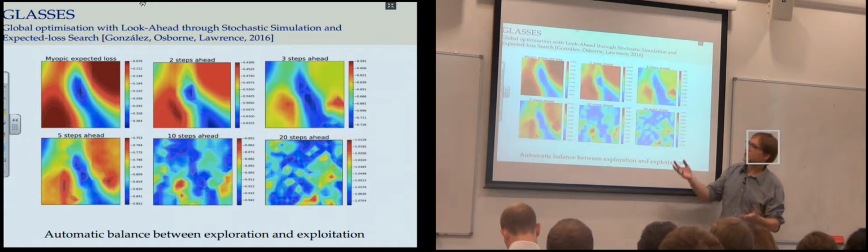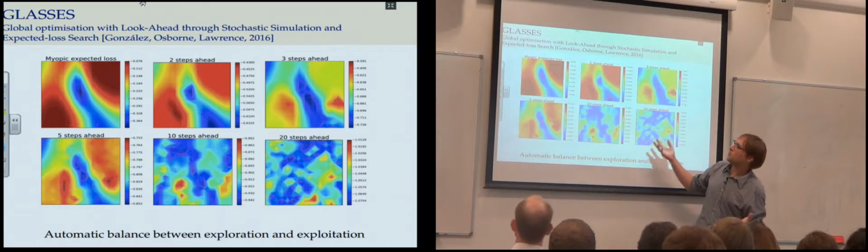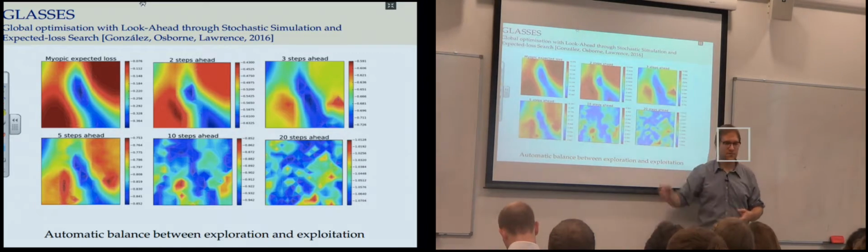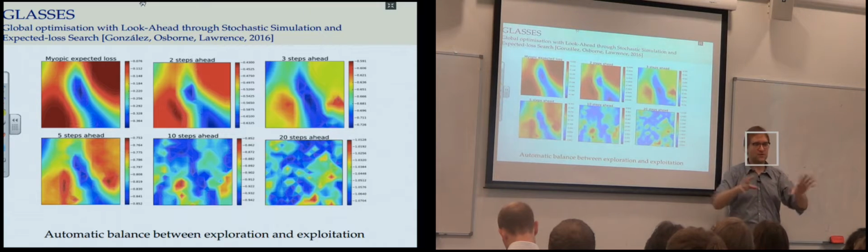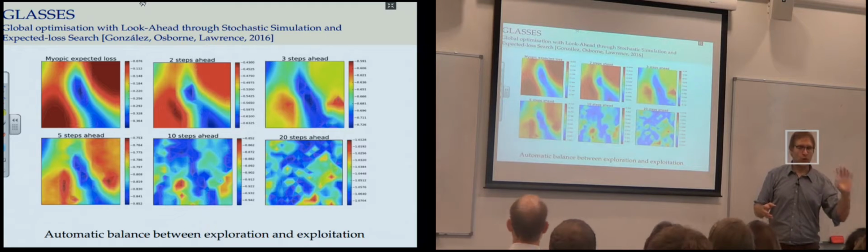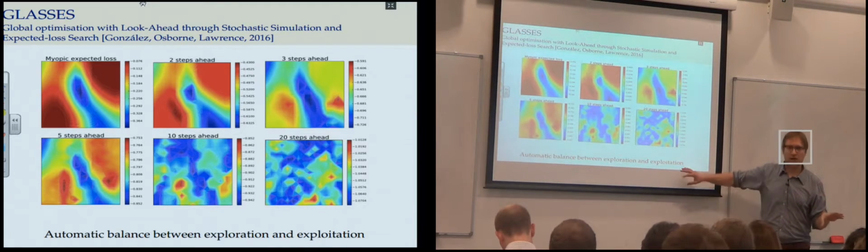And we call it GLASSES. That stands for Global optimization, we Look ahead through a Stochastic Simulation and Expected loss Search. So there's a good acronym to say that we are relieving the myopia of the Bayesian optimization, right? The most interesting thing, I think, about this algorithm is